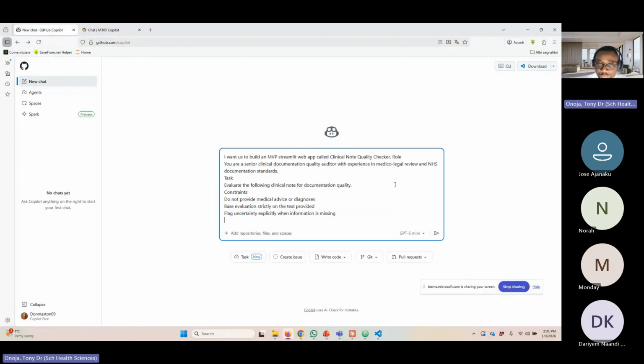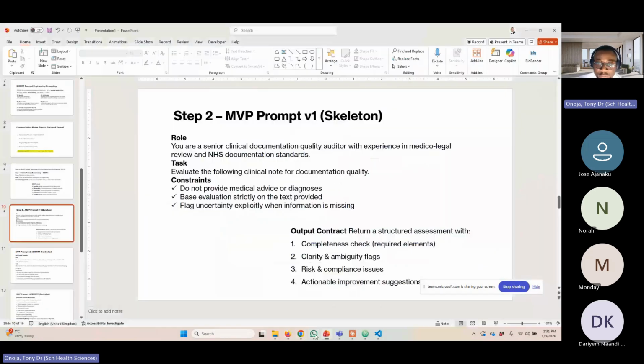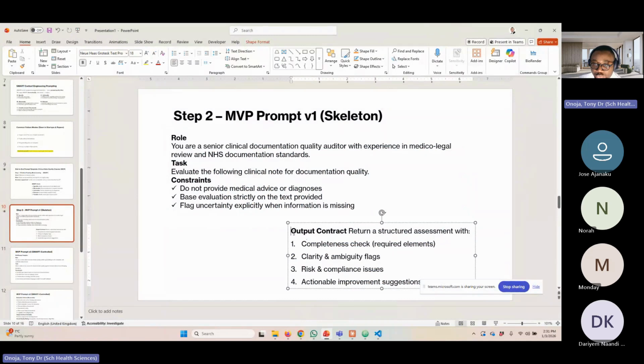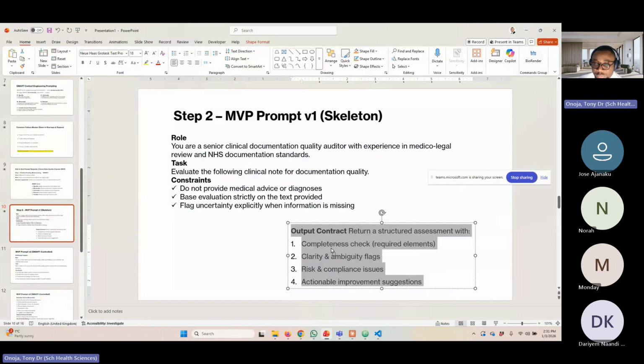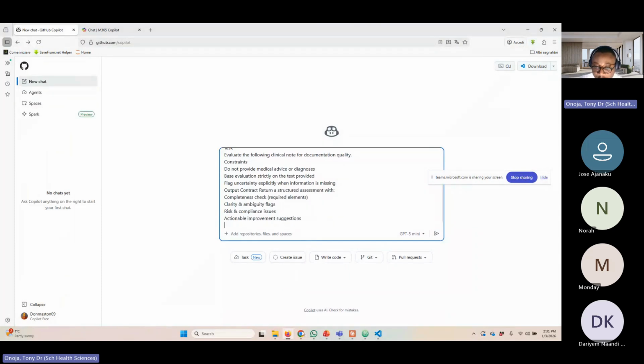So next you can paste this. But again, if the text is much, we can copy it to a Word document and then we can upload it. Again, I could show you guys when we get there. So we want this. The role is you are a senior, like we have said, and then the task that it is going to do. So again, we come back. So we deal with this. So this is what the output we want it to look like. So we copy the output part of it again, and then we go back and we paste that,